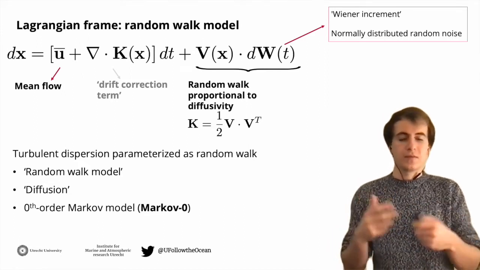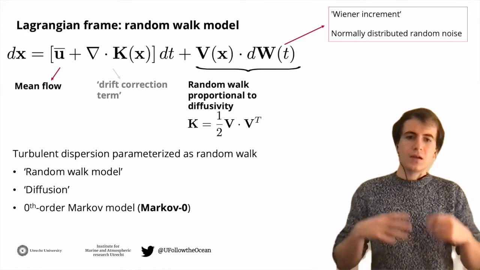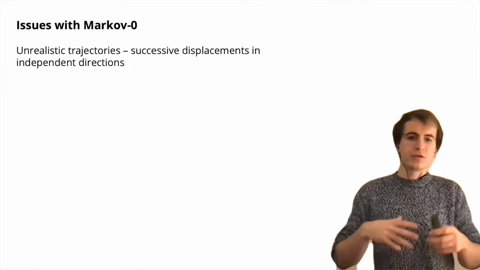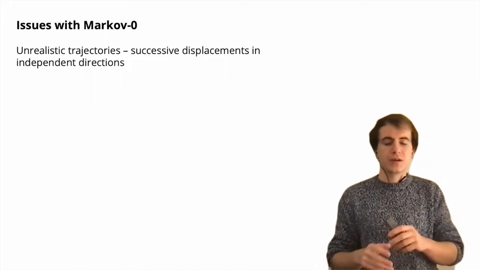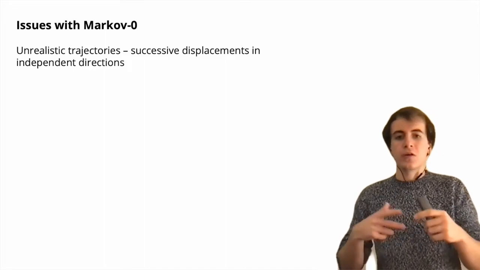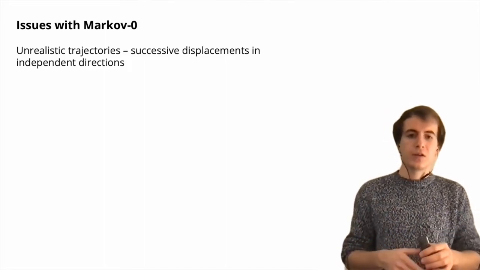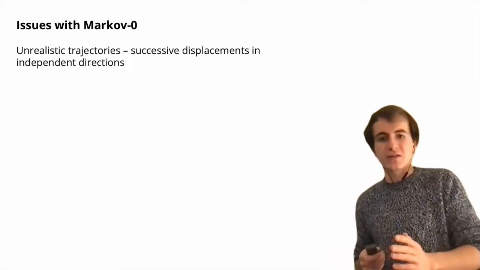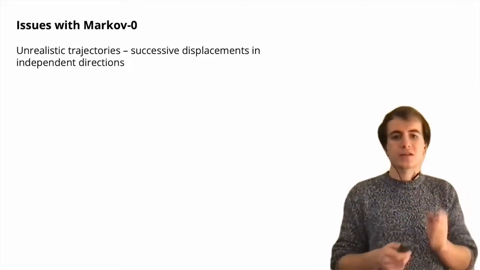They're independent of each other. But this is precisely one of the issues with Markov 0. It produces unrealistic trajectories because the successive displacements of a particle are all independent of one another. So a particle has no memory of its previous turbulent displacement